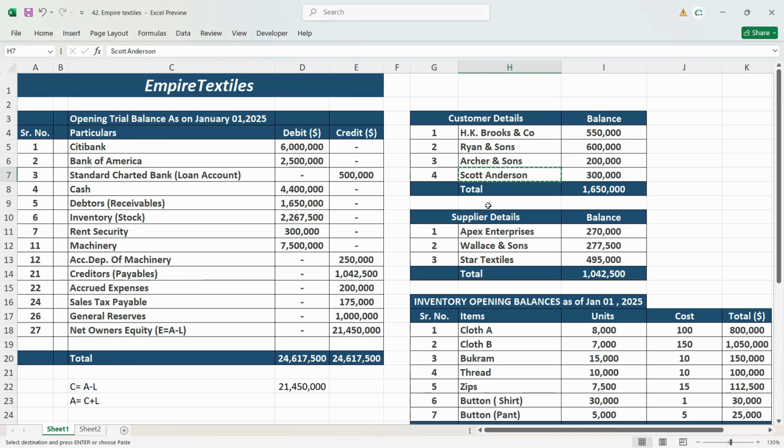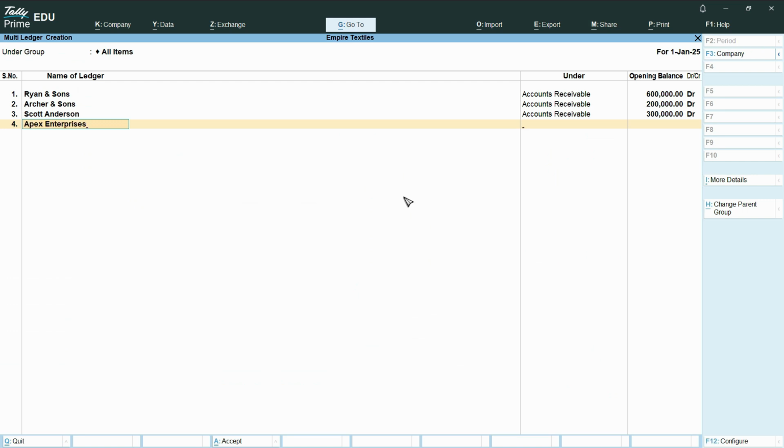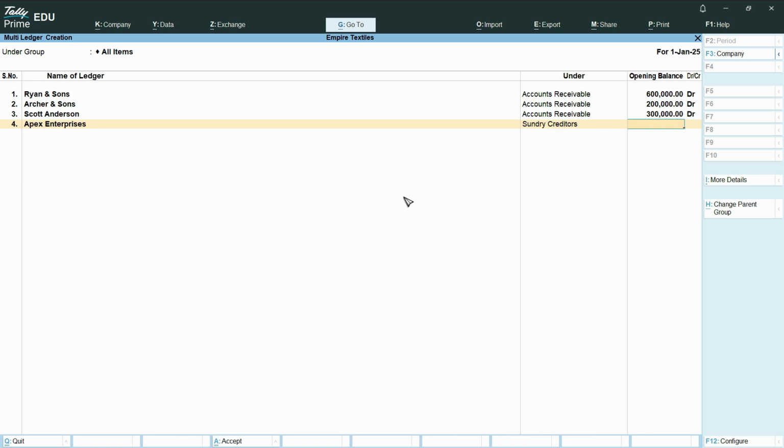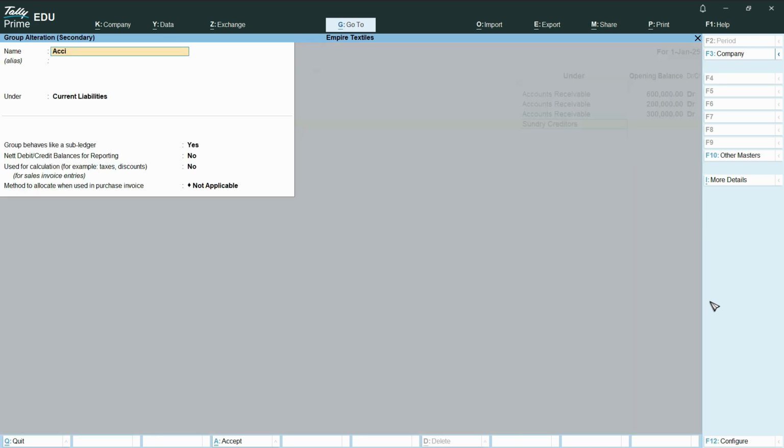Now, if we want, we can save it at this point and then start entering the vendors. But since the vendors are entered in the same way, we will just continue with this. This is the vendor name. It goes in sundry creditors, but sundry creditors is an old name. Again, if you want to change this, the procedure is what? You just press backspace to go in that particular column and then hit what? Yes, control enter. Hold the control key and then press enter, and then you can rename it as